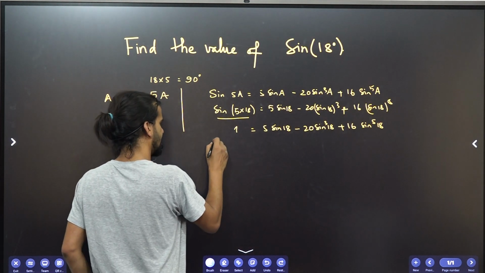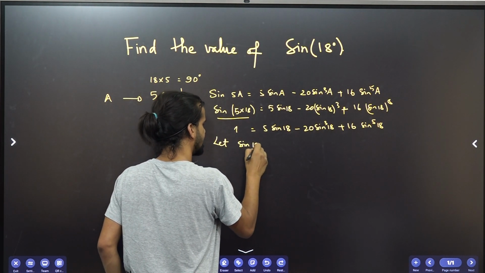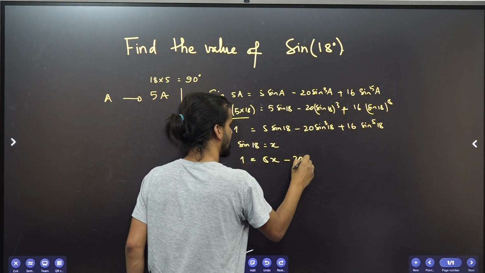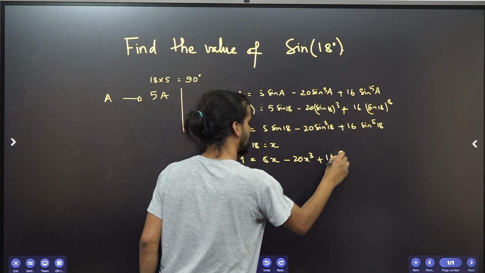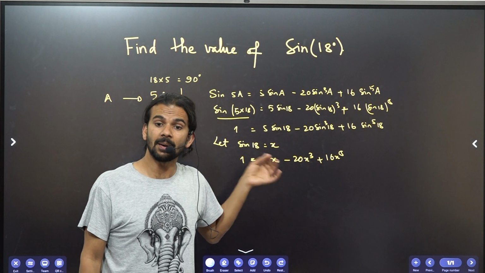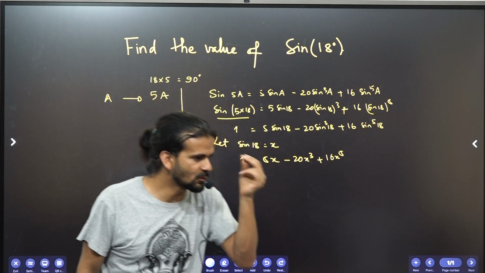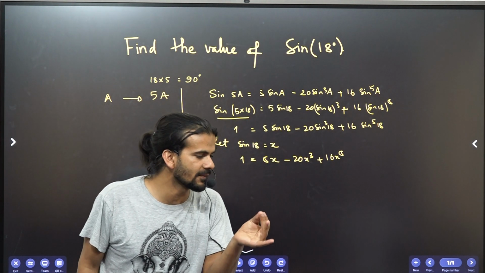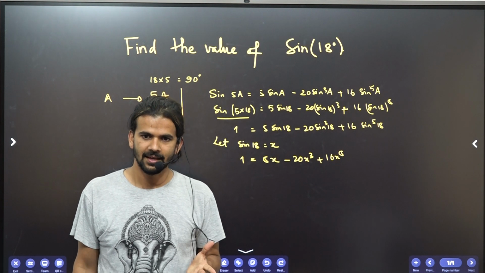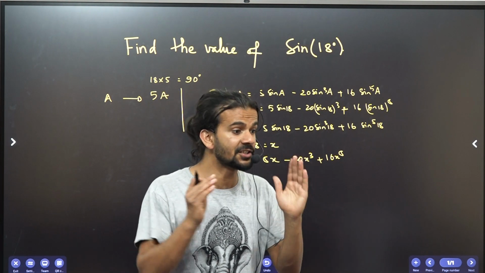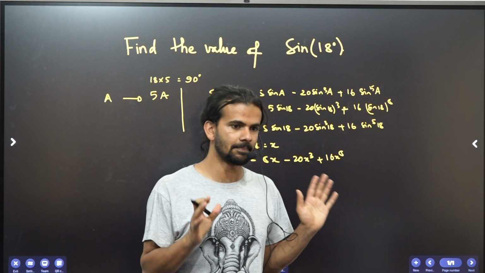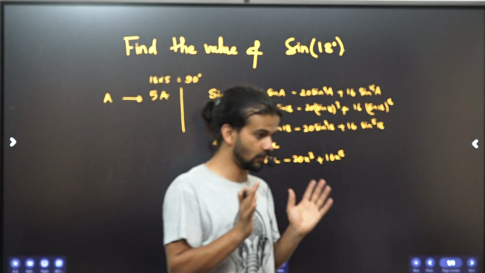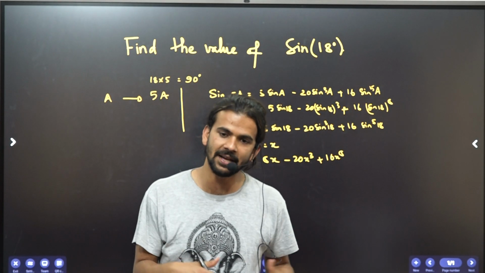The equation, let's say, let sine 18 equals to x. So you have an equation of the form 5x minus 20x cube plus 16x to the power 5. We know how to solve quadratic equation. We don't even know how to solve cubic equations. X को power cube होना साथ solve करना आउँदैन. केवल x square सम्म, till the power or the degree of a polynomial is square we know how to solve. But when it becomes 3 we don't know. When it becomes 4 forget about it. When it becomes 5,